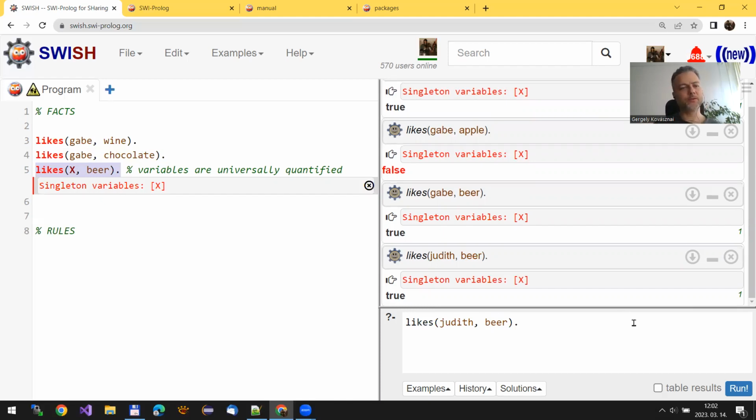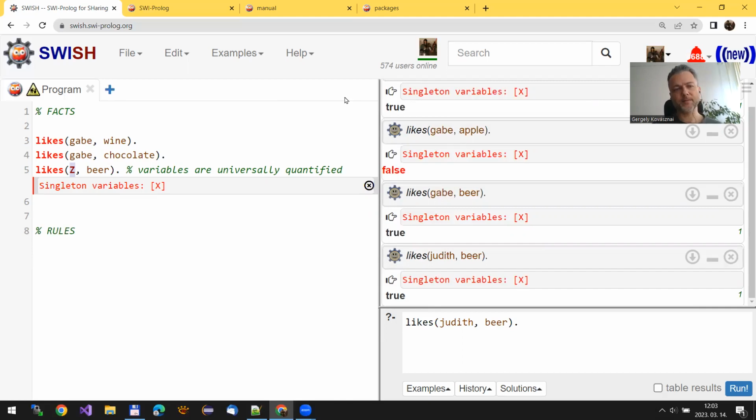Furthermore, I would like to draw your attention to the error message here. This error message tells us that this variable name X is never used again. I just introduced it once and I never use it again in my code. Therefore, the name of this variable is irrelevant. You could use other variable names like Y or Z or whatever you want, but this is the point. The name of the variable does not matter because you don't reference it again.